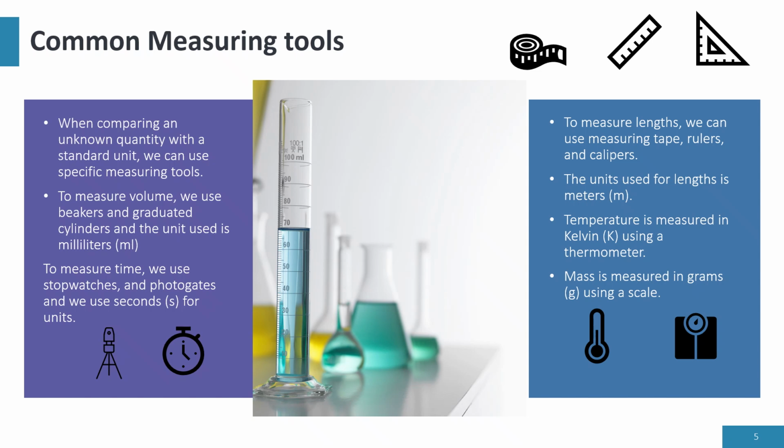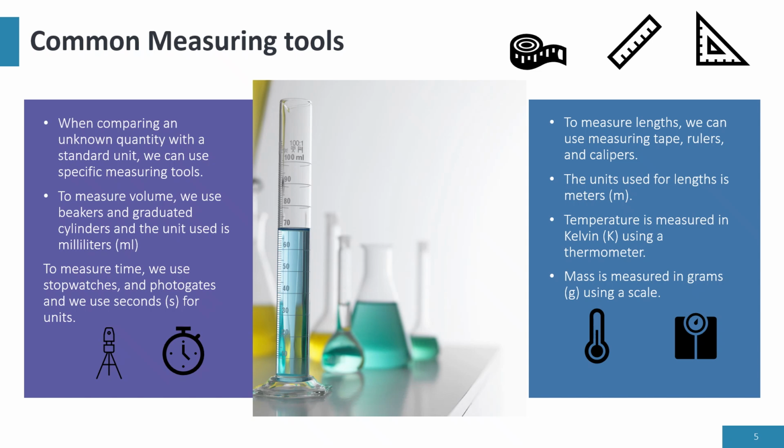To measure time, for example, we use photogates, and these are a lot of fun when we work with speed, and we'll talk about those. We use stopwatches. We also use what we call atomic clocks in some places, for example,